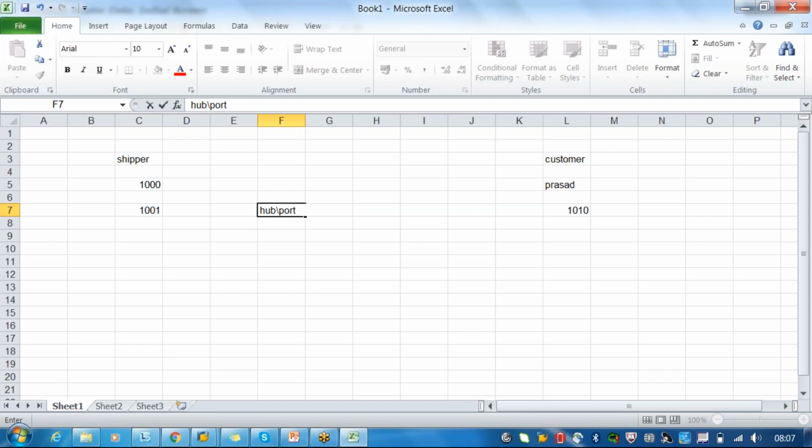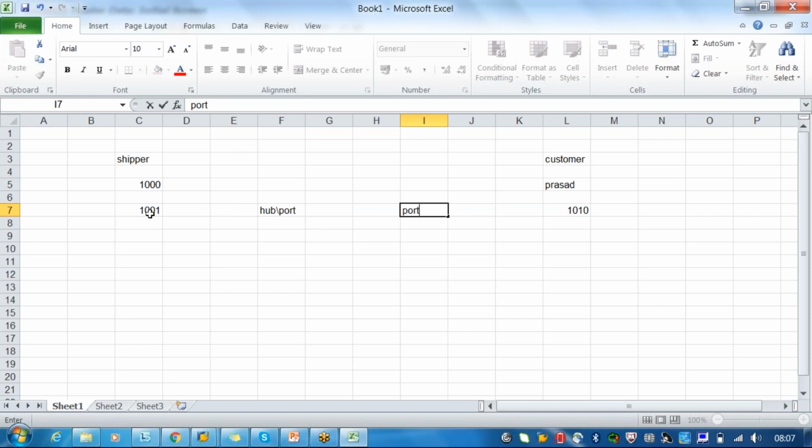No, this is a place where the goods will be loaded to the ship. So that is called your port. Correct. And there will be another port.